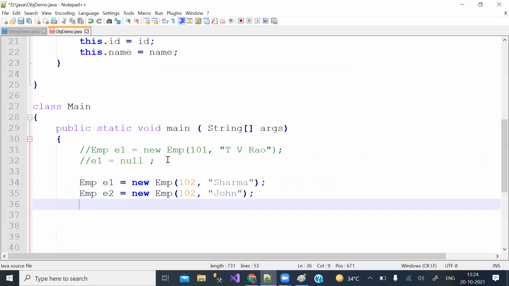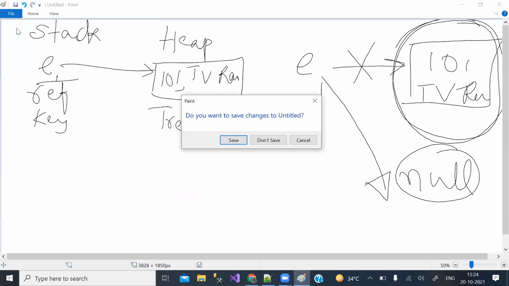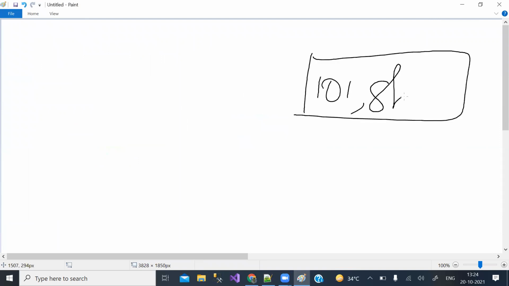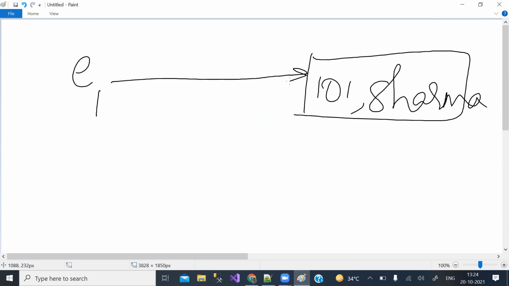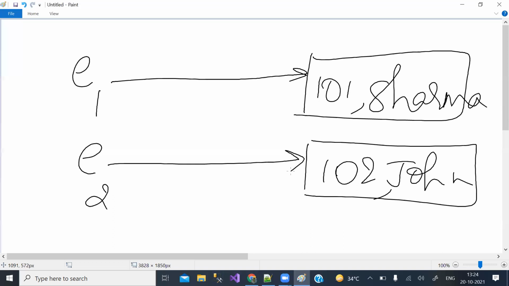Right? So let us try to understand it graphically. This is one object. Its reference is stored in E1. This is another object. Its reference is E2. E2 is pointing to it.